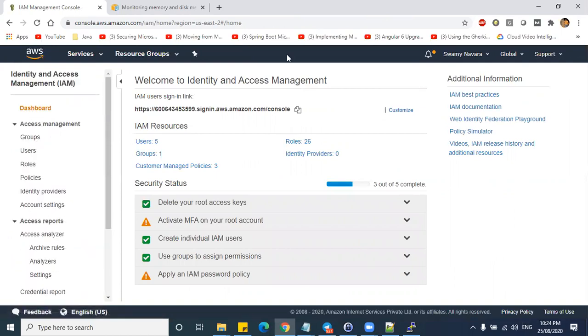I guess we have seen it in an earlier session also. Basically here in IAM, you can create groups, users, roles and policies. We use IAM to control the identity and access for different AWS services for the account users, IAM users or guest users. We will have a detailed session about IAM. For now, I will just create a role.